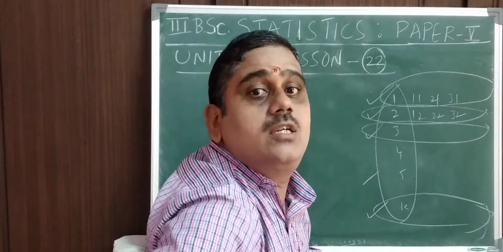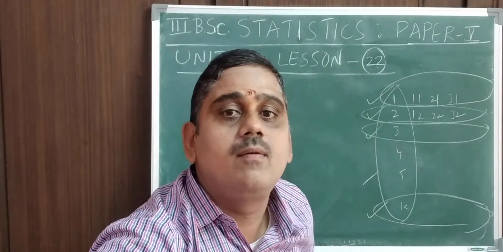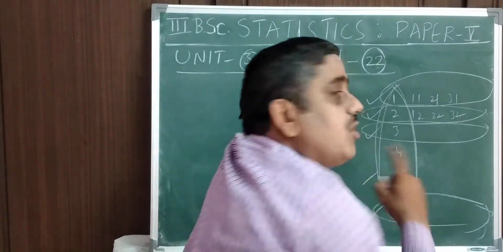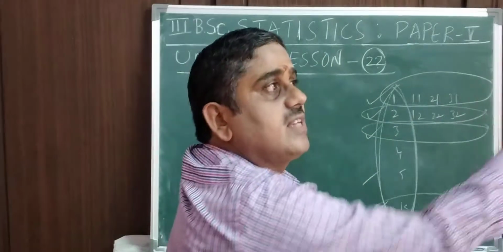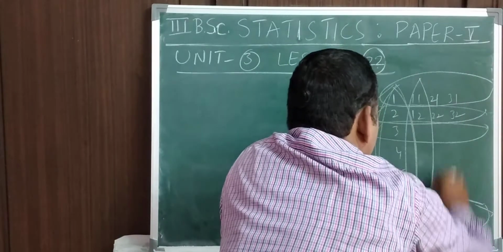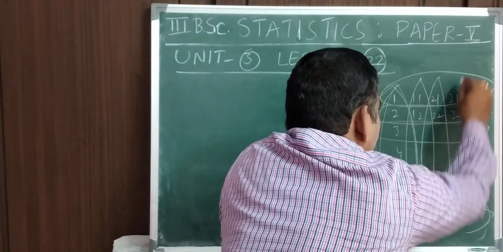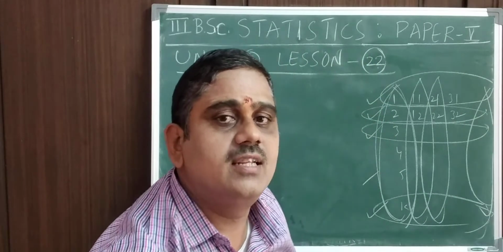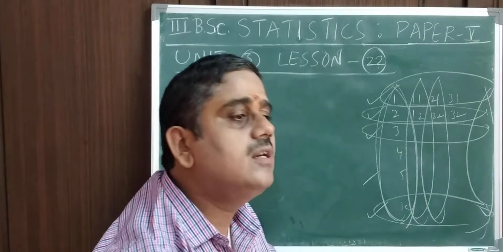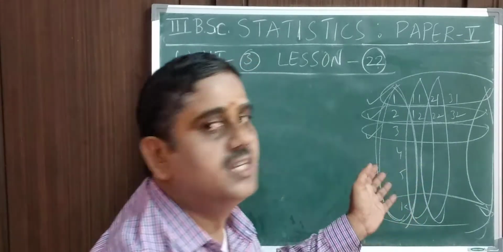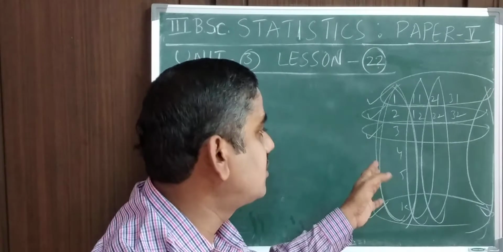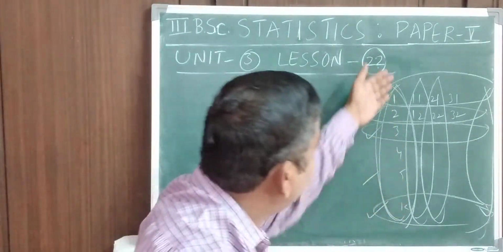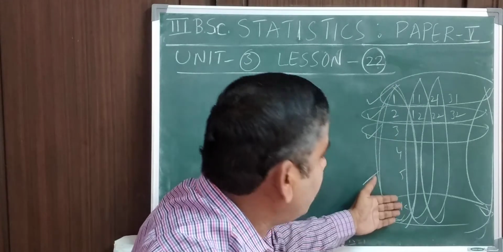Now what is stratified random sample? The stratified random samples are considered in this fashion because of the homogeneity. Likewise, first stratum, second stratum, third stratum, and so on, nth stratum. Do you understand this? I want to establish a point that because of the homogeneity, all the units in this particular group are homogeneous.